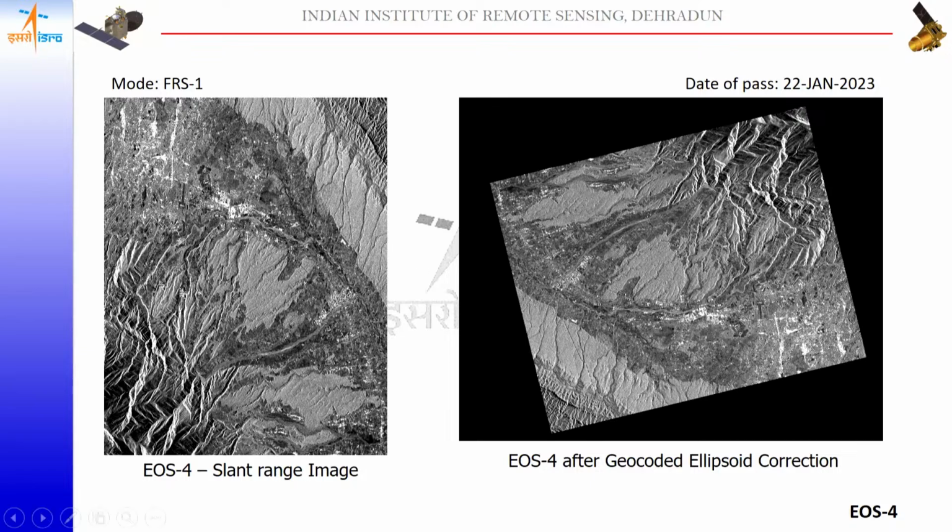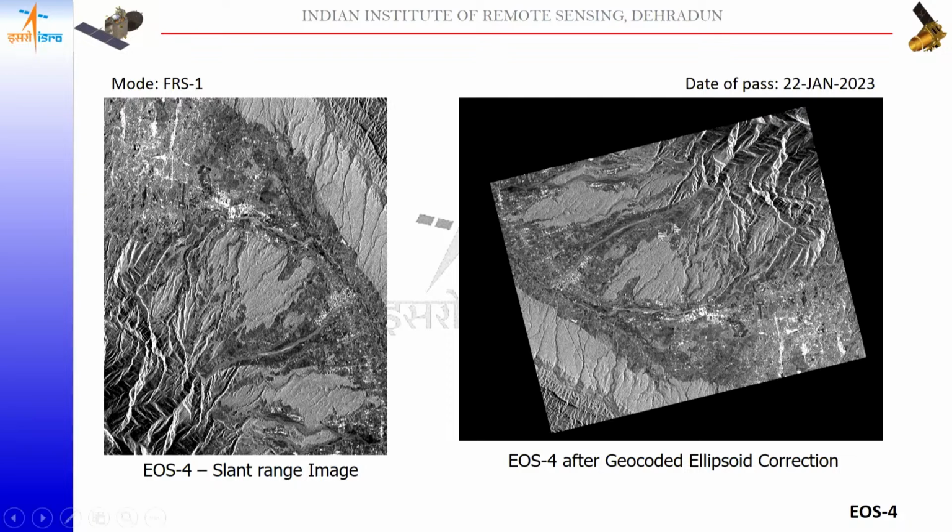You can see this is the EOS image in the slant range, and after projecting you can see this is the ellipsoid GEC product. In this image you can see this is in the slant range geometry, and this is the actual earth image. Here the image is just inverted. So after doing this, the image is in the proper